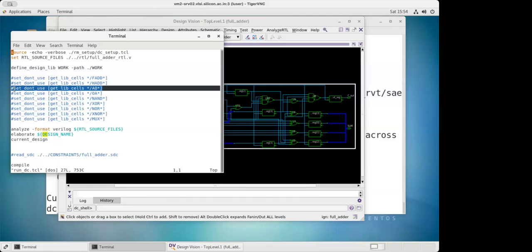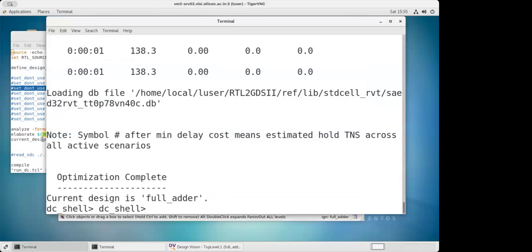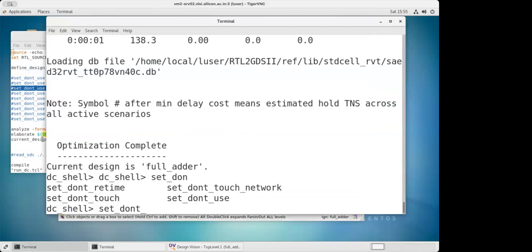Then we have get_lib_cell. This is the command: get the library cell, and then I'm saying AO*, that means any cell whose name starts with AO, don't use that particular cell. So I'm just writing the same command. You can also write it manually, just make sure you don't make any mistake. So it's set_dont_use